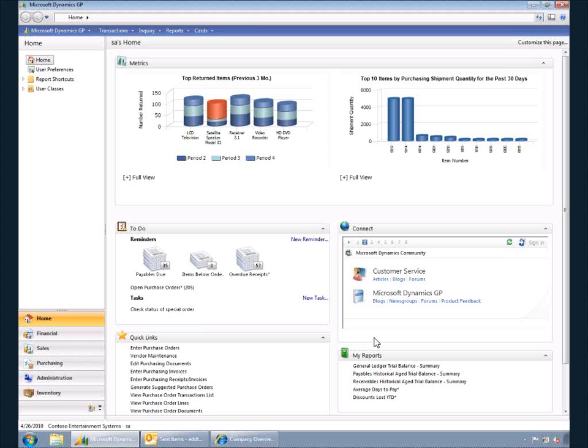So back in Dynamics GP, I'm looking at our refreshed homepage. Many of you have the homepage experience in GP 9, GP 10. As you can see, this is much richer in terms of the delivery of information. The regions on the screen, although maybe very familiar to you, are now being populated with SRS reports. So instead of having just those couple of metrics that Microsoft had determined you should see, it's now allowing you to define and custom design your own reports